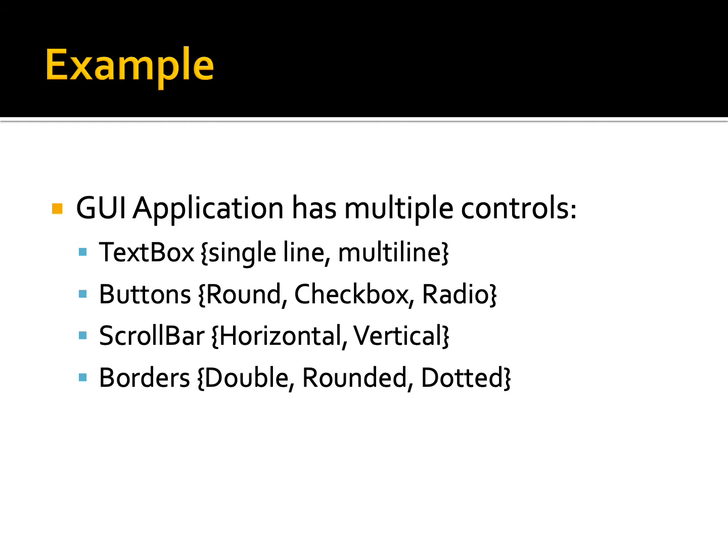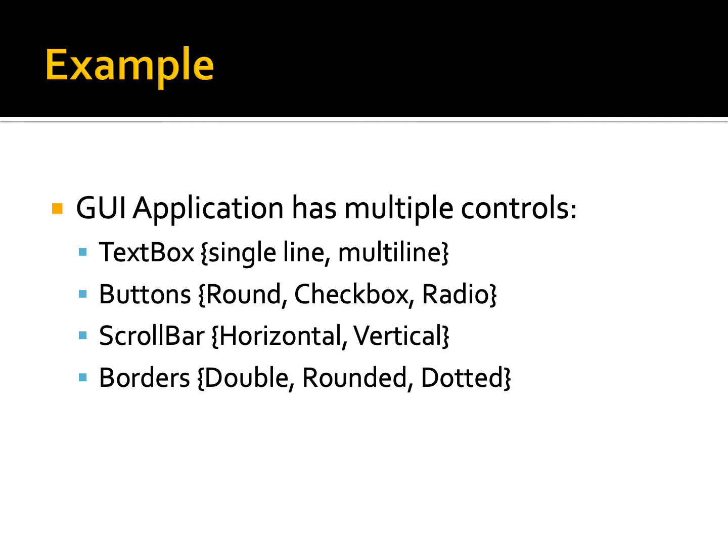Let's say we are going to design a GUI application, and inside the GUI design application there are multiple GUI controls which we want to display and create in different interfaces of our application. Maybe the application is showing different kinds of text boxes. Let's say one control is text box, and the text box has multiple variations. It can be single line, it can be multiple line, or it can be comment text box. And the second product or object or the second control can be buttons. Buttons also have different variations.